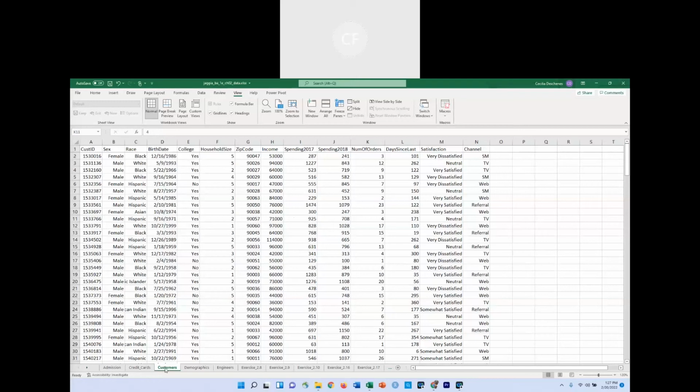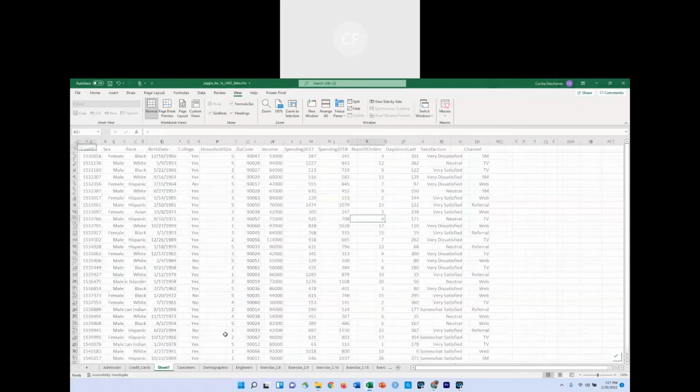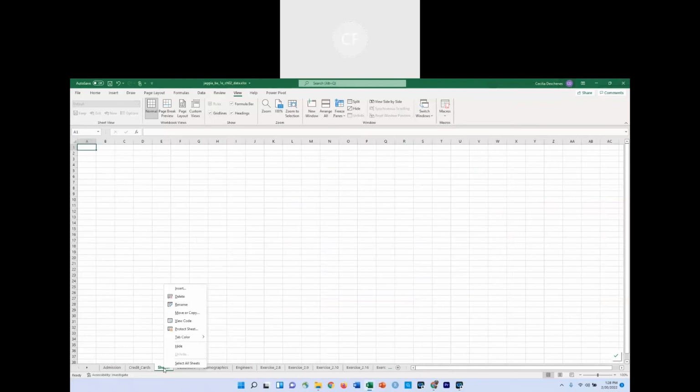So if I come over here to customers and go down to the name of the worksheet down at the bottom, I'm going to right click on that and create another worksheet that I would like to have right next to it. And this worksheet I'm going to rename. Let's go ahead and call this customers stats,